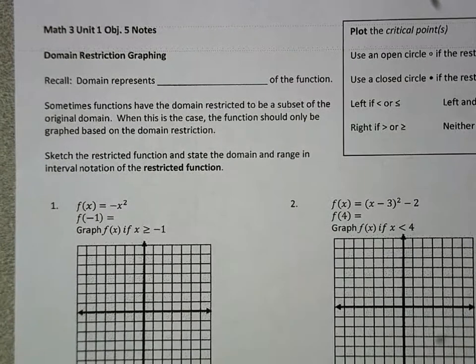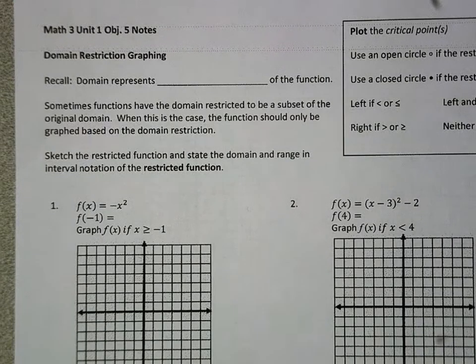So section 5, domain restricted graphs. We're going to take the same kind of graphing that we did last week, and we're just going to take a piece of the graph. But if I want a piece of the graph, I need a way of talking about which piece. And the way we're going to do that is with domain. We're going to say, I want the piece of the graph in the domain from here on, or from here